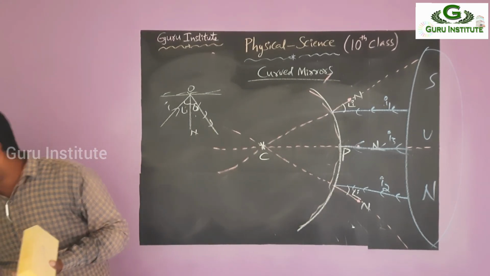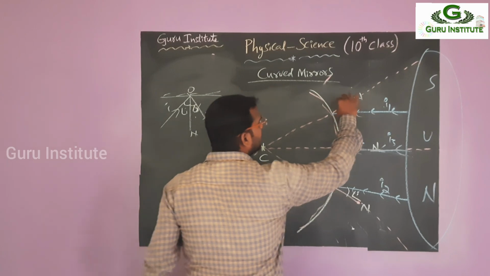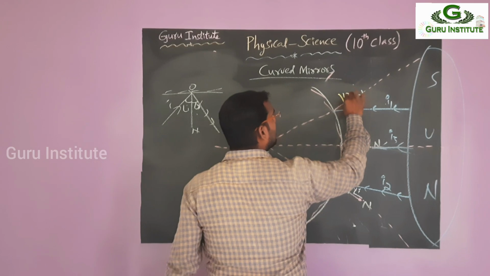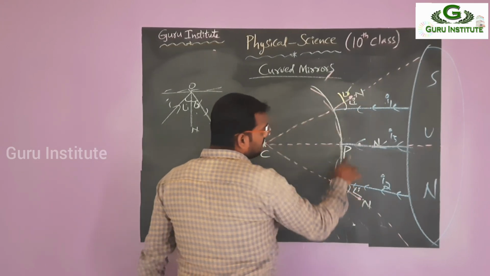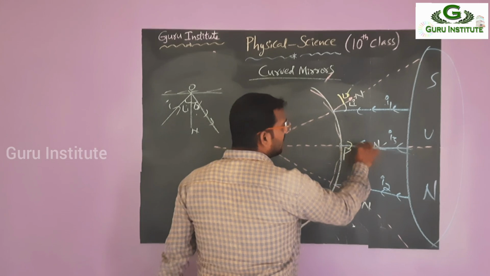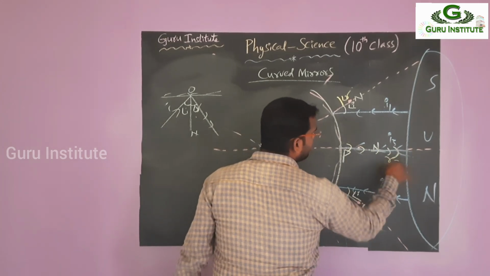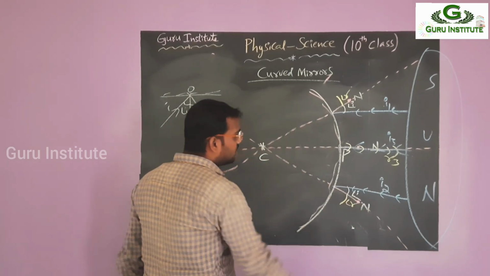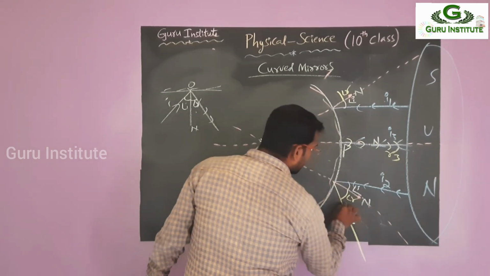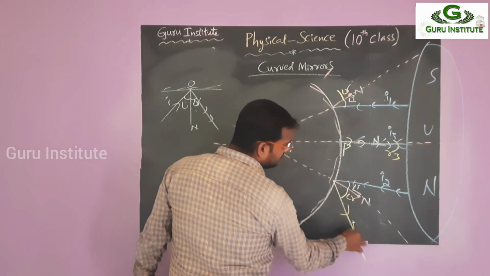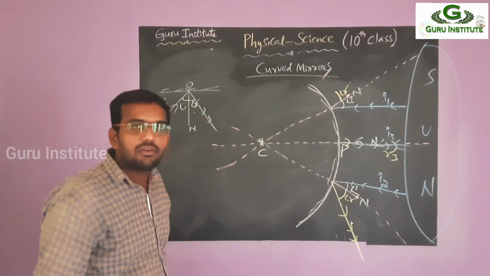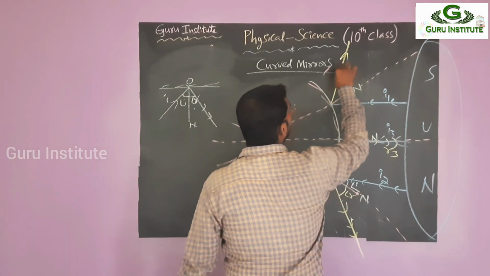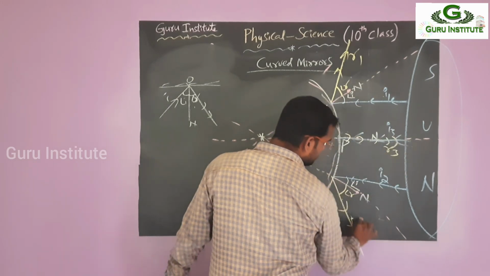Now for the same angle I, suppose this is some 30 or 40 degrees. I am taking the same 30 or 40 degrees for angle R. Here also, angle 0 means angle of reflection is 0, so it goes back along R3. Coming here, angle I, I take the equal angle R. Simply this moves like this, because in the mirror the ray is reflected back, not entering the mirror. So this is R1, this is R3, this is R2.